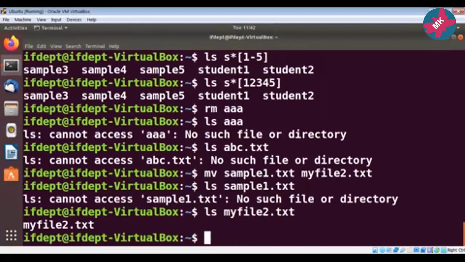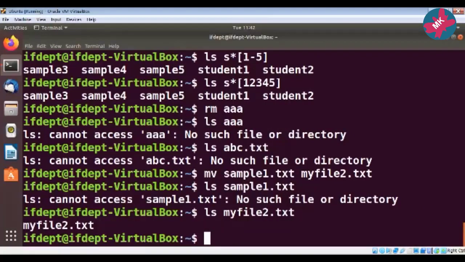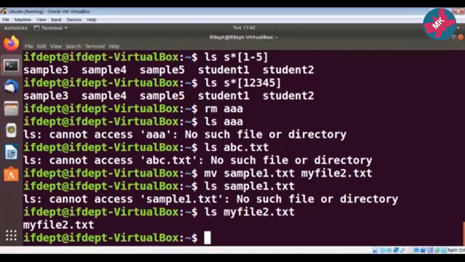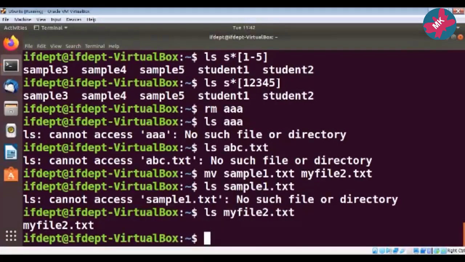Now suppose I want a confirmation from the user before renaming my file. Then what I could do is take one example: mv, then use the option -i, myfile2.txt. I will now rename it back to sample1.txt.